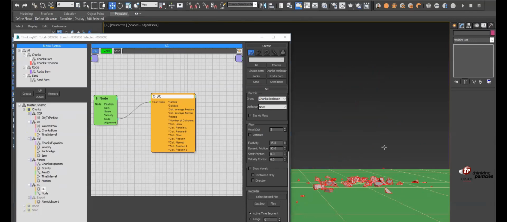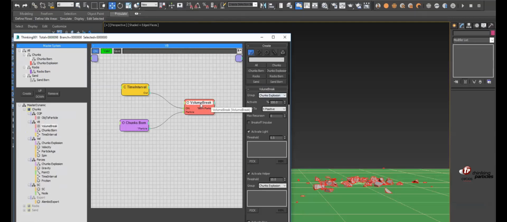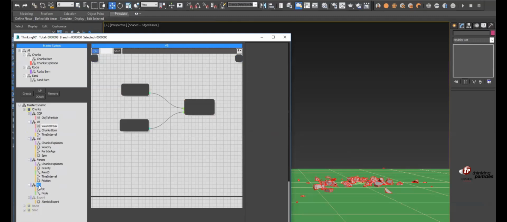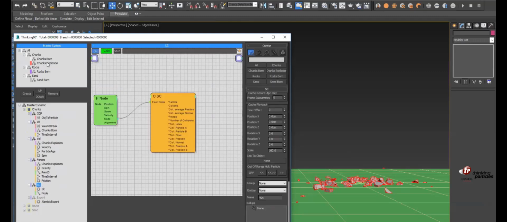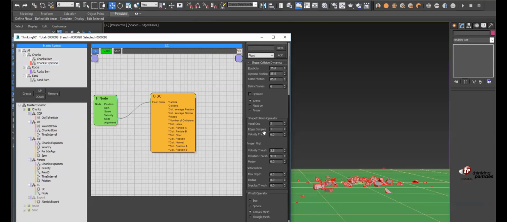Something very important here, if you go to the chunks explosion group, yeah, that's what I forgot with the volume breaker. I never sent it to the group, I believe. So we need to change the group with the volume breaker. I send them to a new group, and that group is the one that has the dynamics. So back to the shape collision, it's very important that you check under your group settings. To the right, you will see the shape collision dynamics. And then you will have the